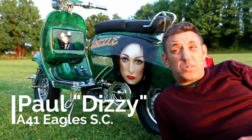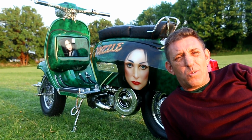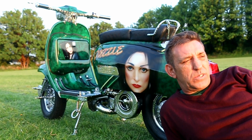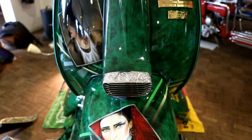First outing was to the MOT station yesterday, and literally I blew the bloke away. He'd never seen anything like that before, and that's without the panels on. So I got it home yesterday after the MOT, wrapped it up, and I thought, first outing is Gravesend Custom Show. I've done it for a couple of years now, and I thought I'll let them know I'm going to show it